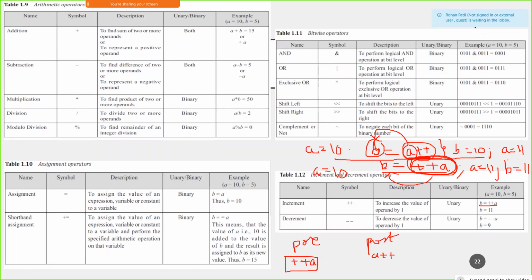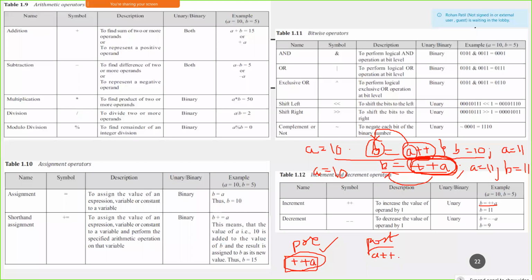So this is one of the major differences between pre-increment and post-increment operations. Remember, in pre-increment you increment first and then use the value. That is the incremented value you are using over here. Post increment is you first use the value and then increment it.